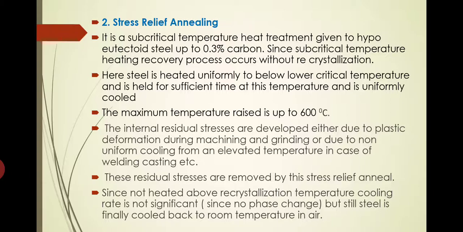So in the case of steel, if it is less than 727 degrees Celsius, then we will call it cold working. If the working temperature is more than that, then usually we call it hot working. So if by heating recrystallization is not taking place, then that is what is known as cold working. Otherwise it is hot working. We will be studying this in detail in the fourth module, so I am not explaining much about that here.